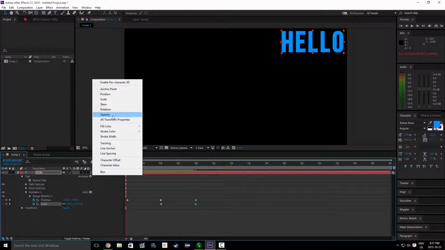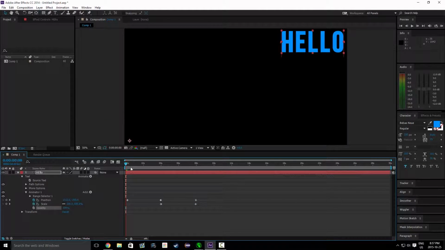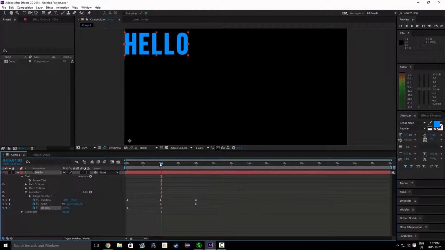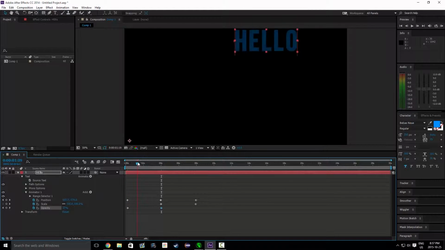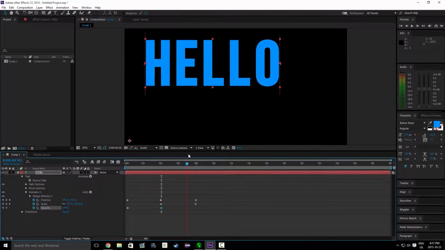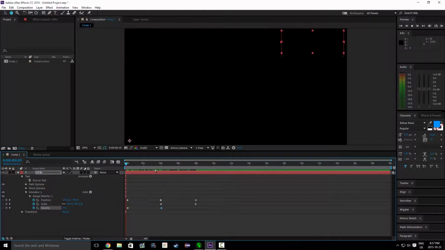Another thing you can do, final thing, is opacity. Let's say you want it to be invisible when it's over here. So you click the stopwatch and move it over to here, and by the time it gets here, it's at 100% opacity. So what you're going to see is it's going to fade in, it's going to come and get big. And then this animation